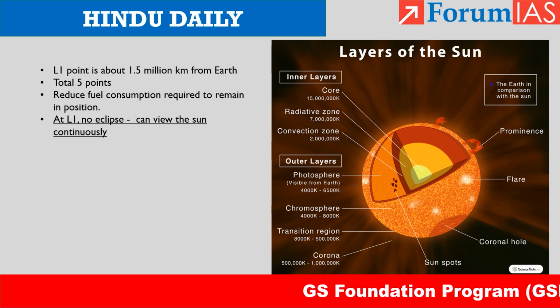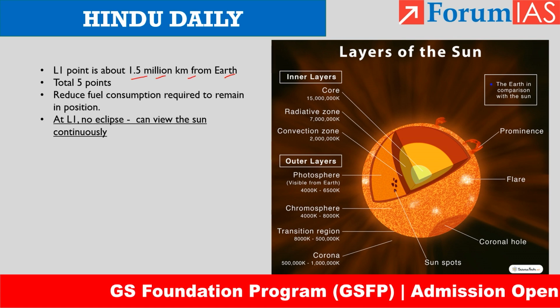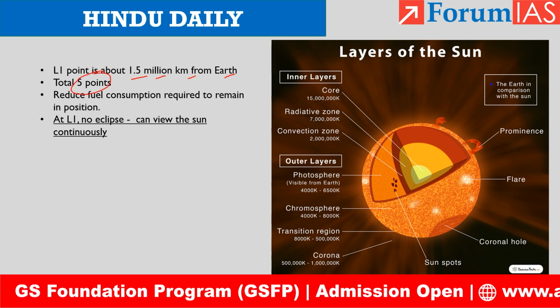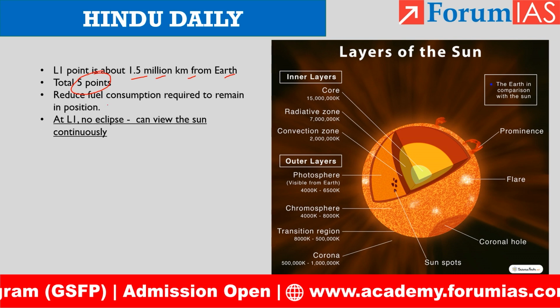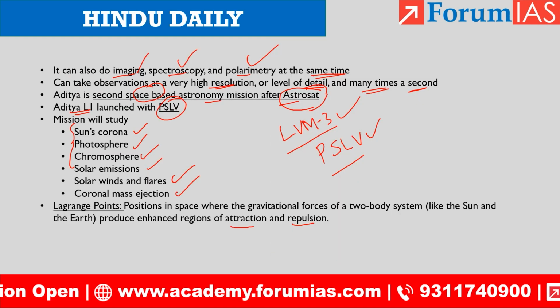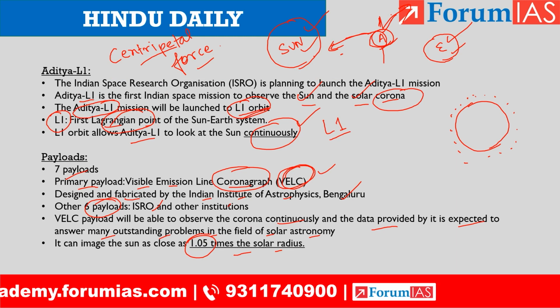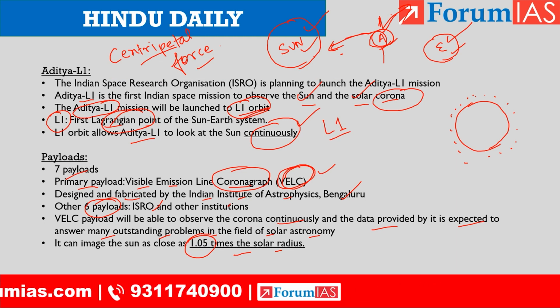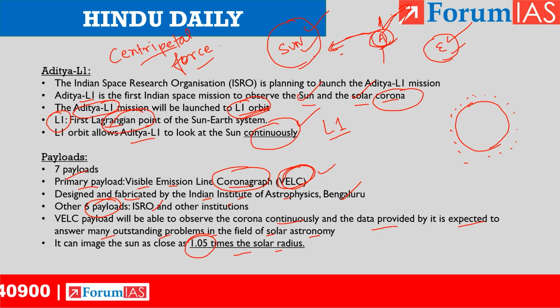L1 point is about 1.5 million kilometers from Earth, and we already saw that there are 5 Lagrangian points. And the beauty of a Lagrangian point is that the fuel consumption required to remain in position will reduce, because we have two forces acting opposite to each other. So this particular satellite will remain in this L1 orbit itself, because simultaneously two equal and opposite forces are acting on this